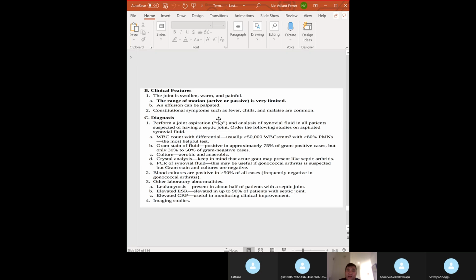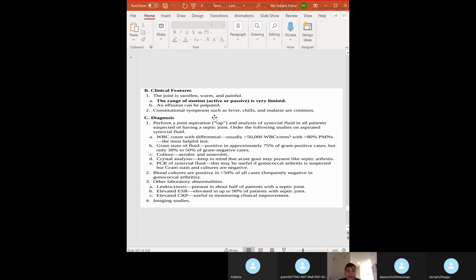Of course, culture, both aerobic and anaerobic bacteria is present there. You can also do PCR of the synovial fluid. Blood cultures are positive. Other tests, leukocytosis, of course, there's inflammation. WBC is increased. Elevated ESR